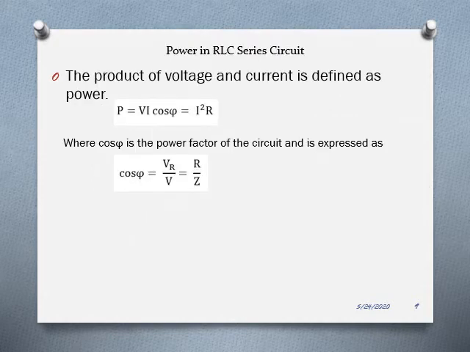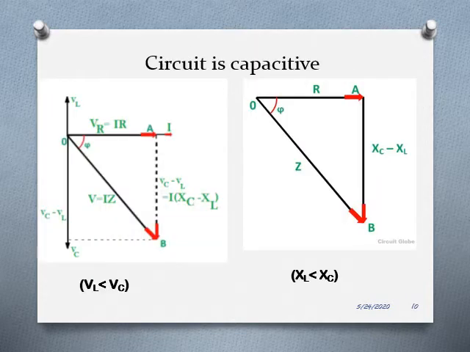So the power is P is equal to VI cos phi or I square R. No need to derive it, because in all these lectures, all these slides we have already learned that the power will never be utilized by the inductor or capacitor. It will be only utilized by the resistive element alone. So you may write the equation as VI cos phi or I square R itself. So the power factor cos phi is nothing but R by Z.